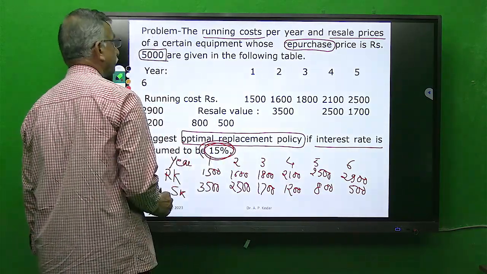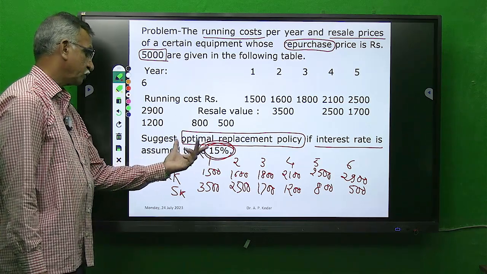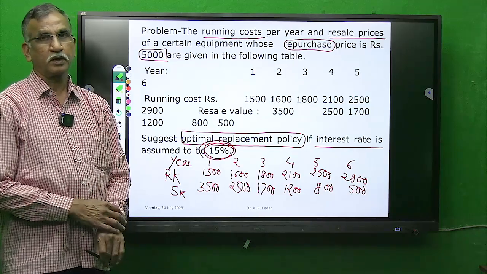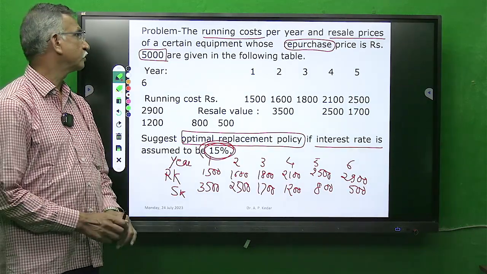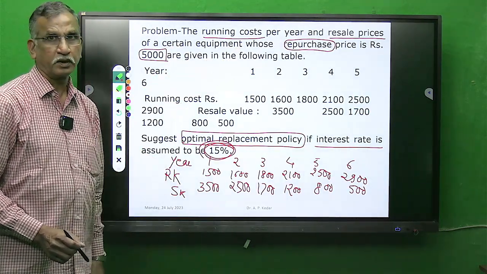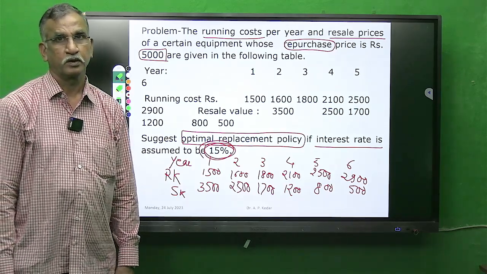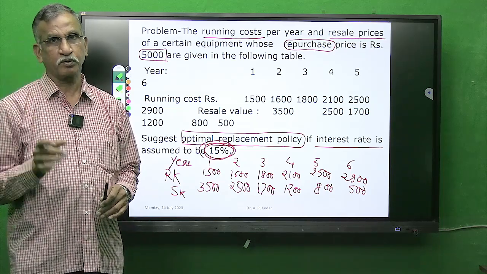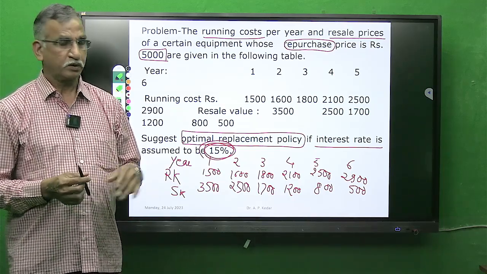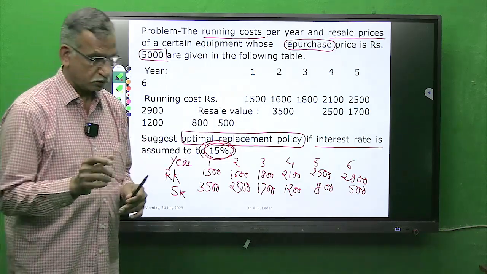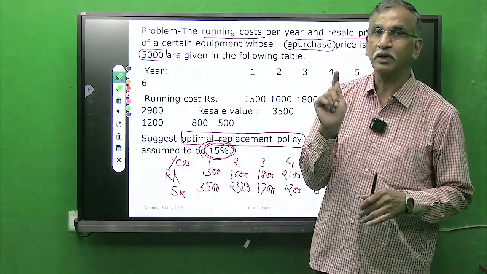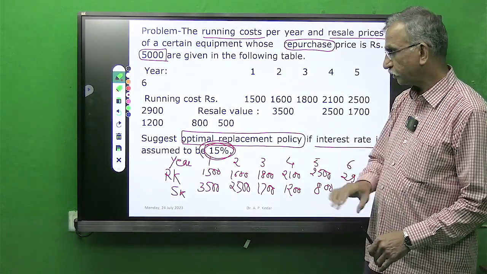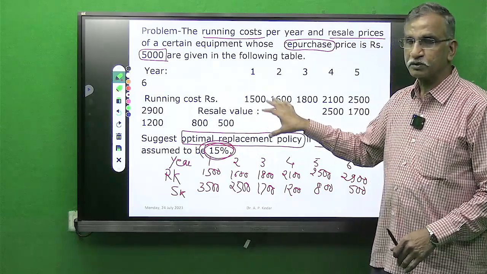This is very important. Now suggest optimal replacement policy. No doubt we are working under individual replacement policy because certain equipment as a whole is to be replaced. Should be very clear in mind whether the problem pertains to group replacement policy or individual replacement policy. The data given here portrays the data belonging to one item, one unit, and therefore we are going for individual replacement policy. Now you are conversant with this type of data.